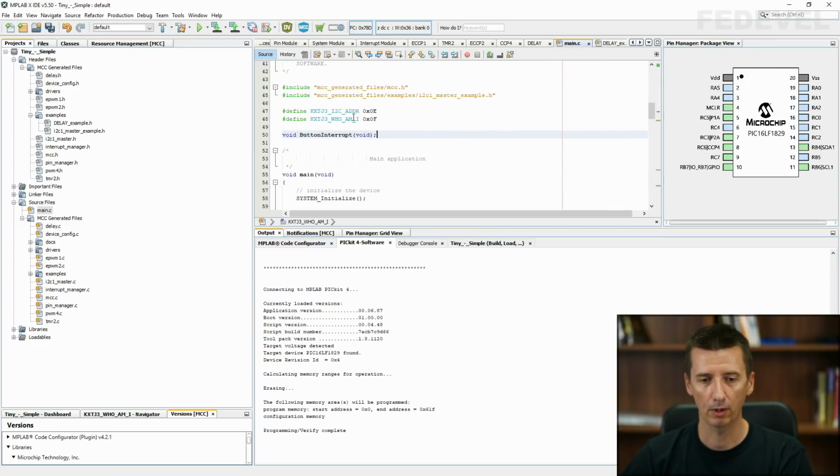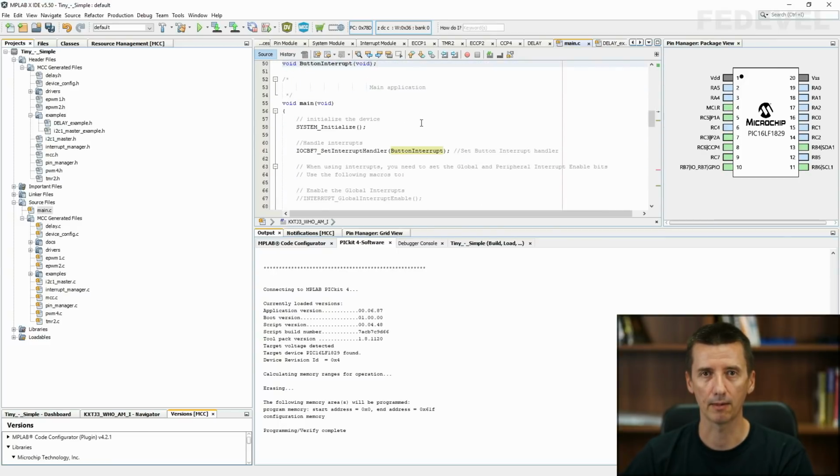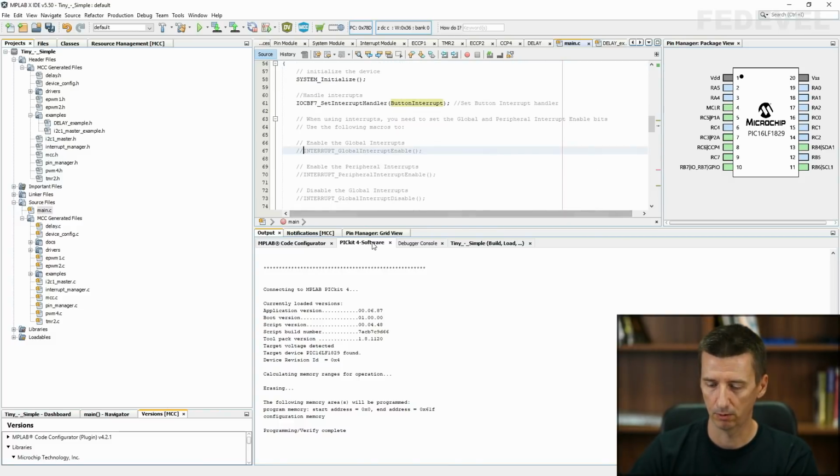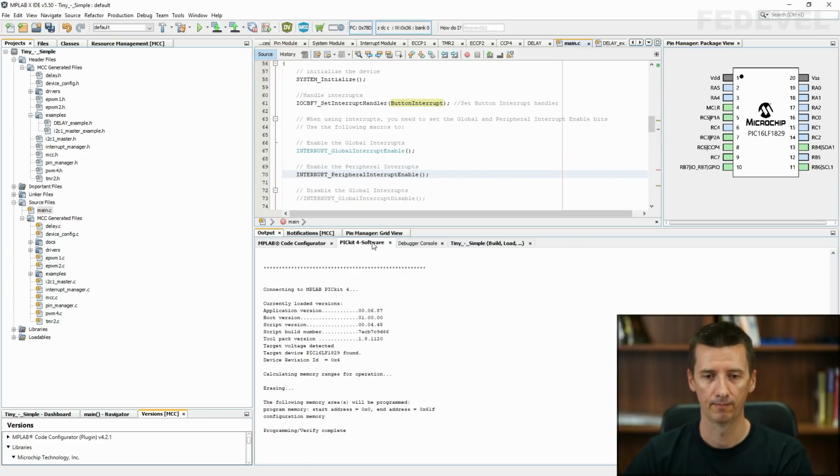And also, once everything is set up, we would like to enable the interrupt. So we need to uncomment this line and also this line. And that's it. If we set everything correctly, then it should work. Let's try it.